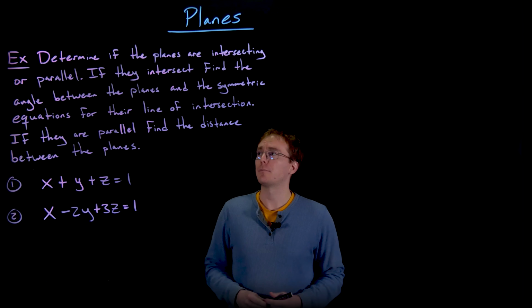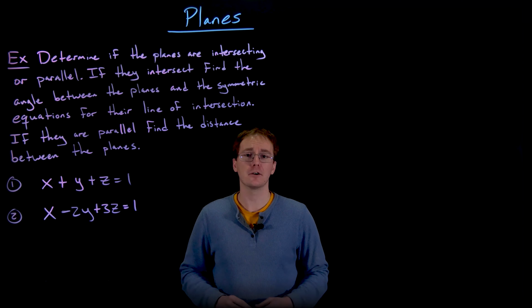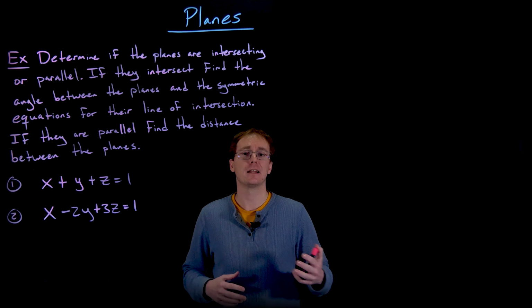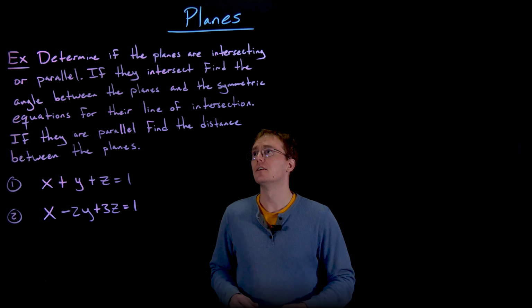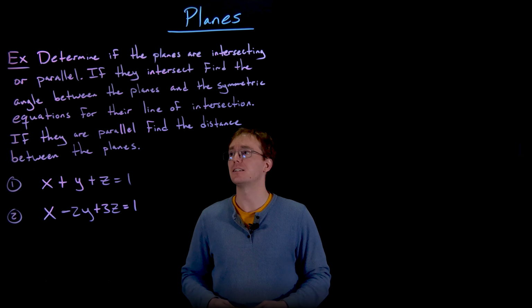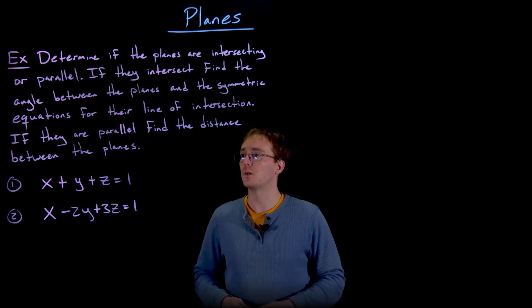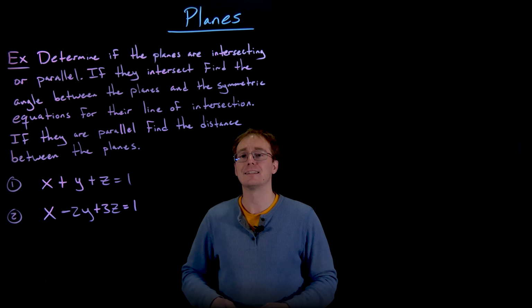Hello everyone. In this example we are asked to determine if the following planes are intersecting or if they are parallel, and depending on that we'll have to then solve another set of questions. So if they do intersect, we want to find the angle between the planes as well as the symmetric equations for their line of intersection. And in the case where the two planes are parallel, we're going to try to find the distance between those